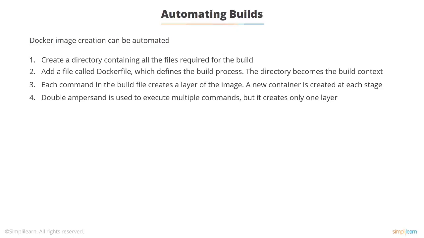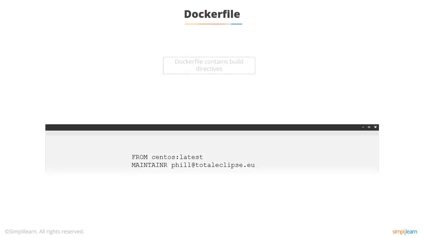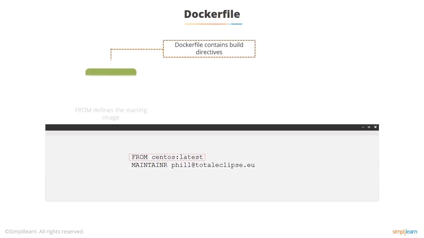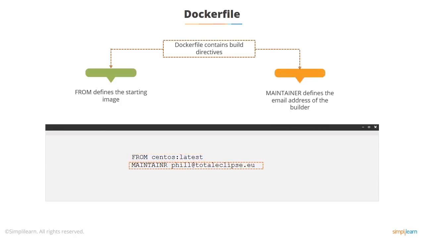So every Dockerfile starts with FROM, followed by the name of an image, and that's the starting point. So the build will fetch that image if it doesn't exist on the local system. You can specify a MAINTAINER, which has got the email address of the builder. You don't have to do that, but for the ones that are put out on the net for general usage, you probably want to do that. There's a SHELL command which defines which shell to use. You often don't do that very often either.